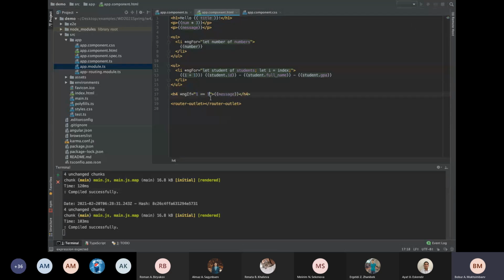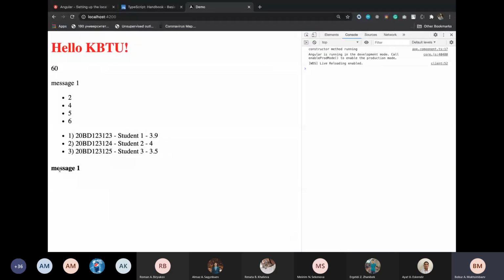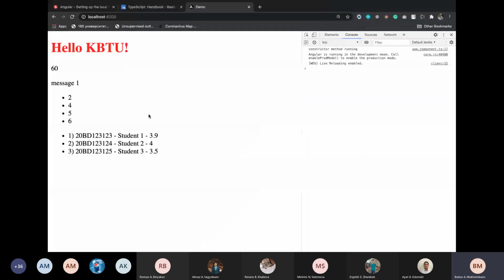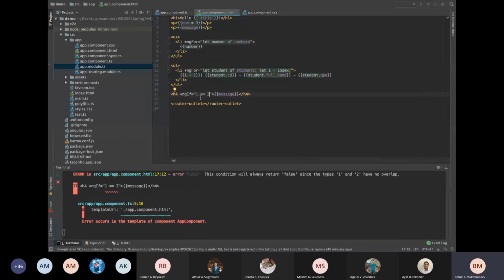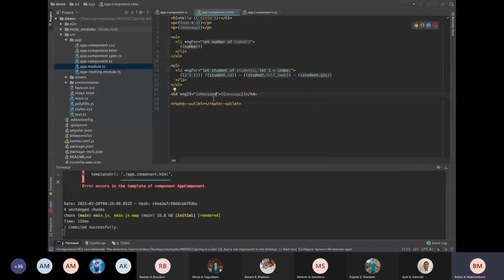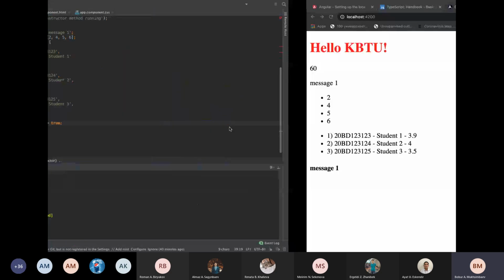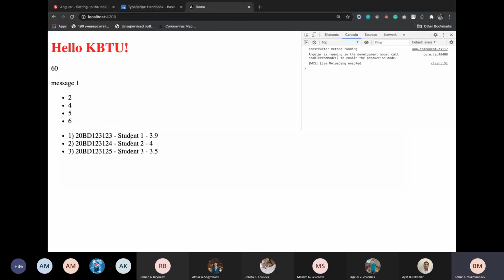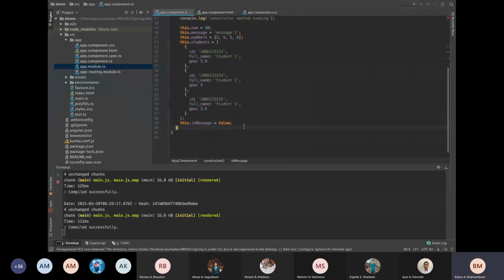And that's it. The task for the ng if is just to check what is the value of this section. It might be 1 equals to 1, which is equals to true, and in that case, it will show. 1 equals to 2, which is a false, and it will just disappear. For the ng for, we know that it's looping, but inside of the ng if, it might be just is message value. Is message, it's a variable from the class, which is equals to true. That's why it will show the message. If you change it to the false, you can see that we remove this element from